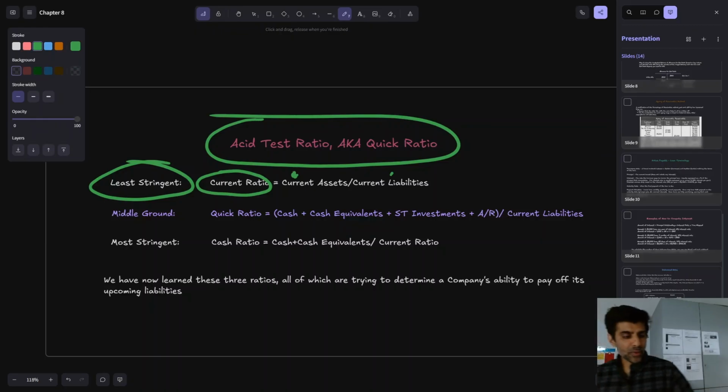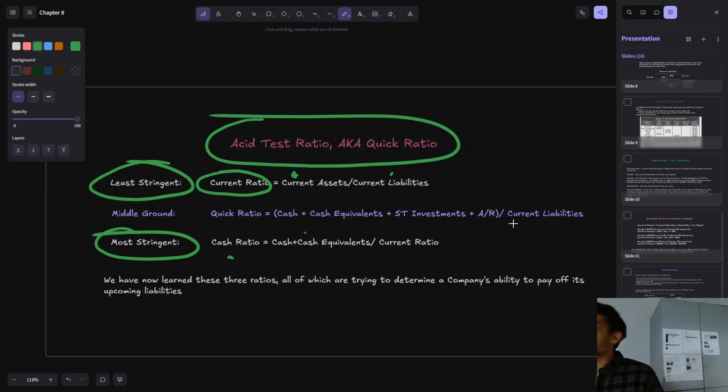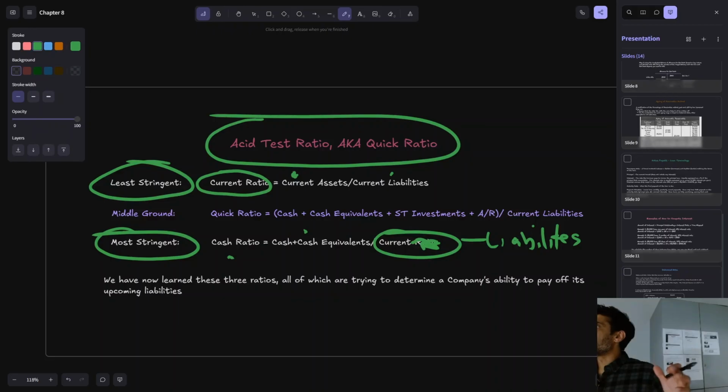Okay, now the most stringent, meaning the most strict, is the cash ratio, where of your current assets, you just look at cash. How much cash do you have to cover your current... Sorry, this should be current liabilities. This is the most stringent because you have all these different current assets, but you're just looking at the most